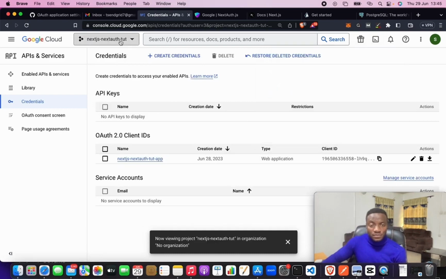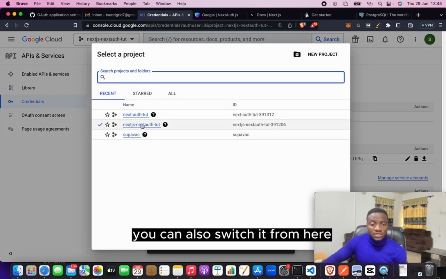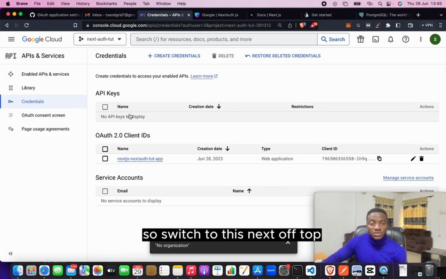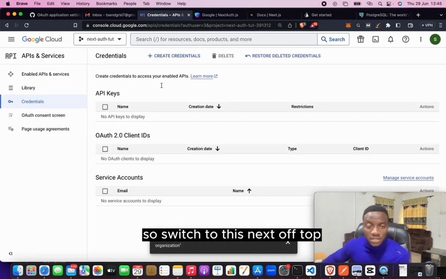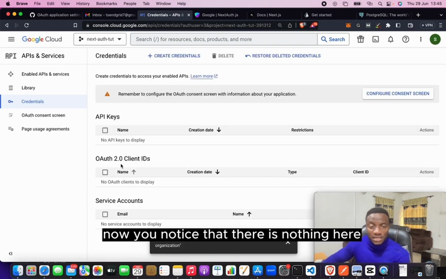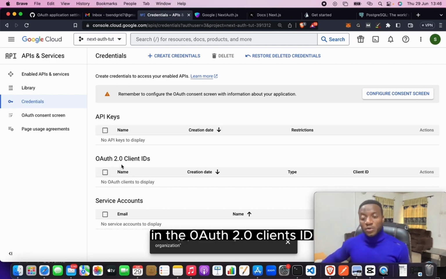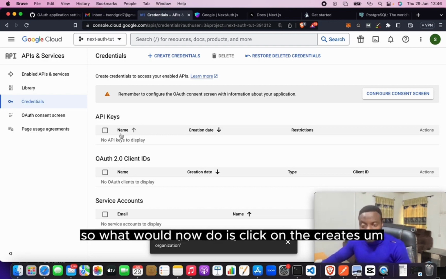So you can also switch it from here. Want to switch it to this, so switch to this NextAuth thought. Now you notice that there is nothing here, unlike the other one where we have something already here in the auth 2.0 client ID. So what we'll now do is click on the create